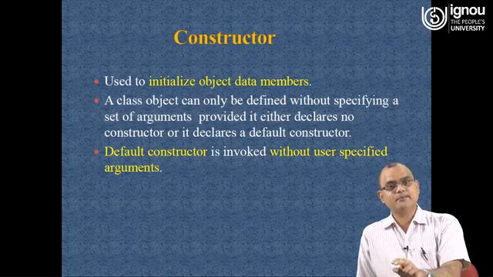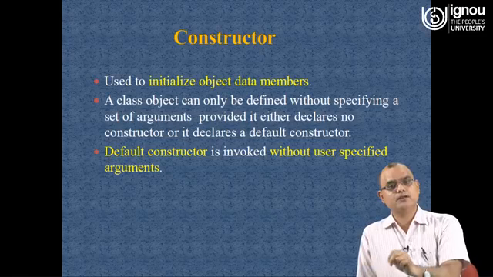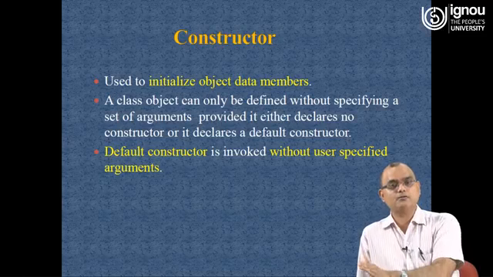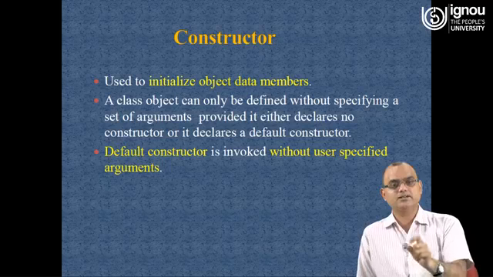If we are writing a function sum, and in that we pass two arguments, that is two integer values, and we add those two integer values and return the result, that is one method. Similarly, there may be a method with three integer values. We pass three integer values as arguments, add those three integer values and return the result. That is another method, but the name is the same,